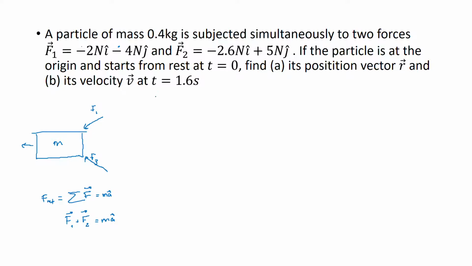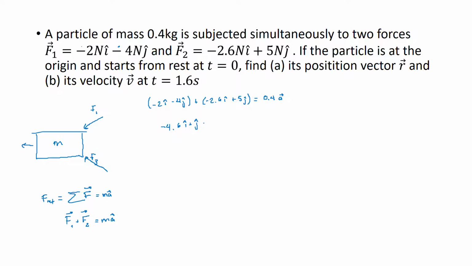Okay, now I'm going to continue up here. I'm going to have minus 2i minus 4j plus minus 2.6i plus 5j, and this is going to be equal to what? 0.4 times an acceleration. Okay, so from there you need to remember that you need to add i's with i's and j's with j's. So I'm just left with minus 4.6i